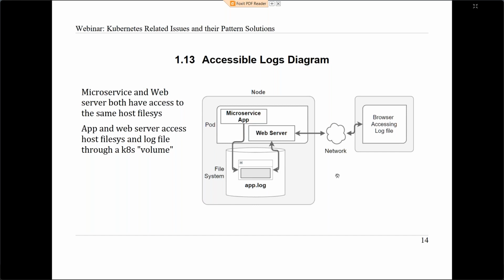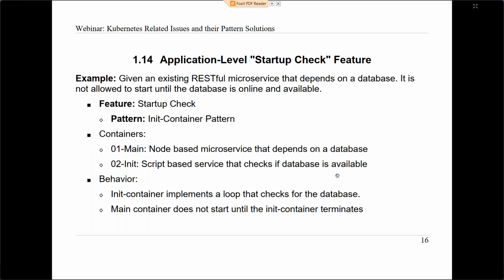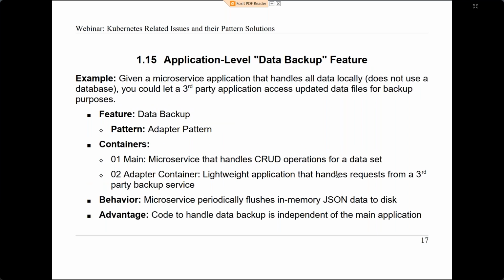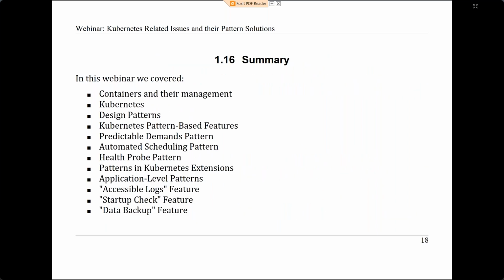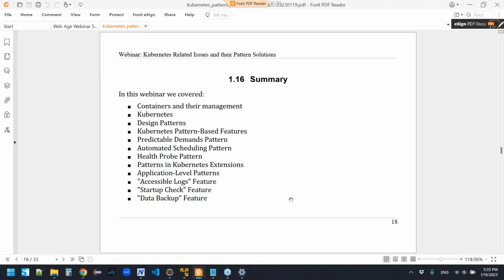And let's see. I just want to show you that there's some information about the other ones. The application startup check tells you about the pattern that's being used. Okay, we're not going to go through these because I'm going to spend the time in the example application. There were just a couple of slides there that we didn't have a lot of time for, but let's go to here